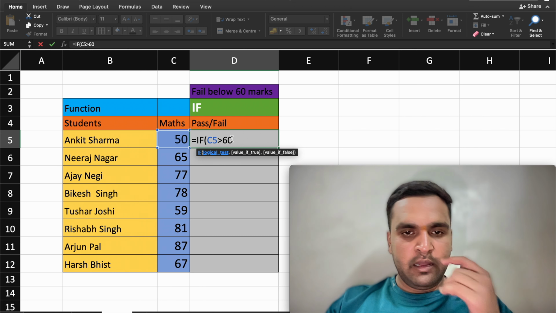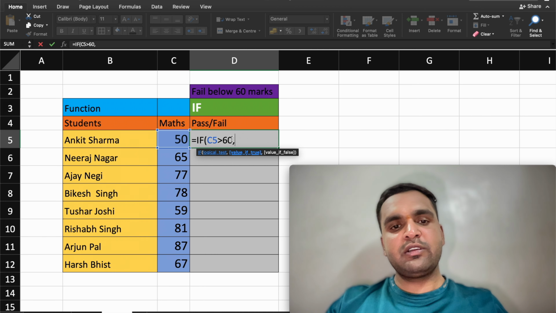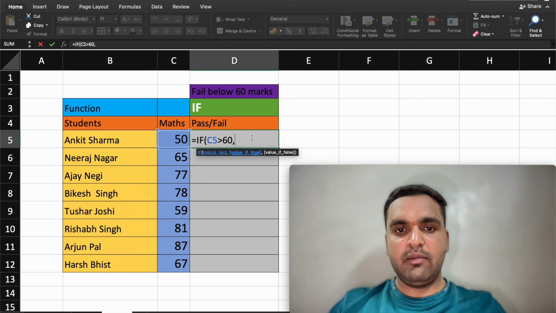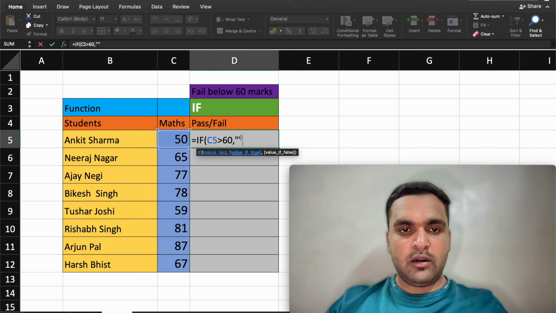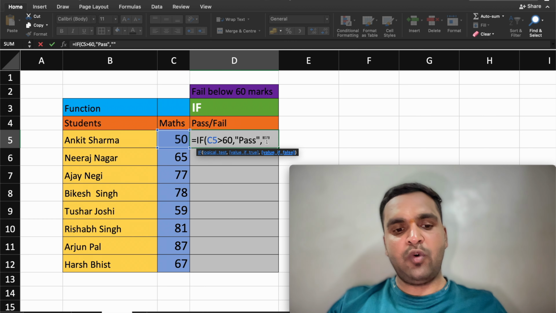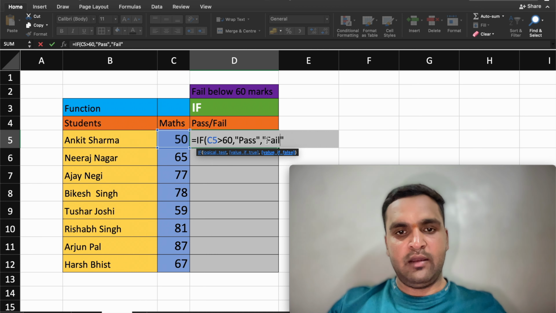60. If the value is greater than 60, in double quotes I'll write pass, and I provide the comma, and in double quotes, if the value is false, then fail,